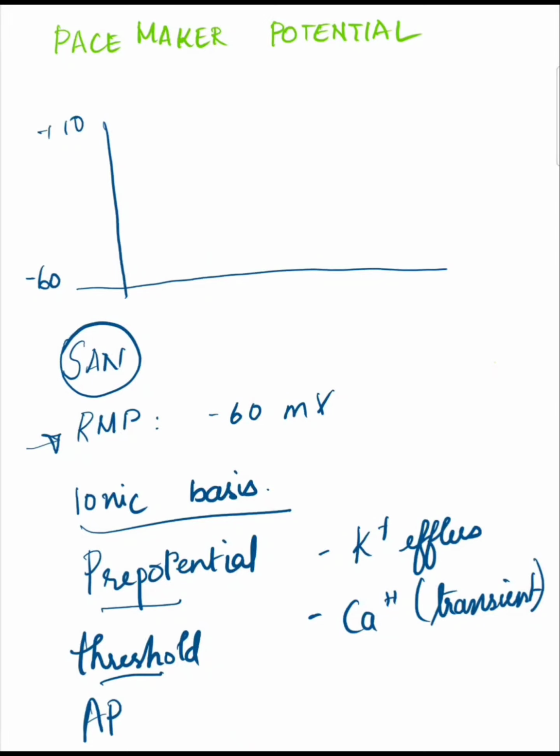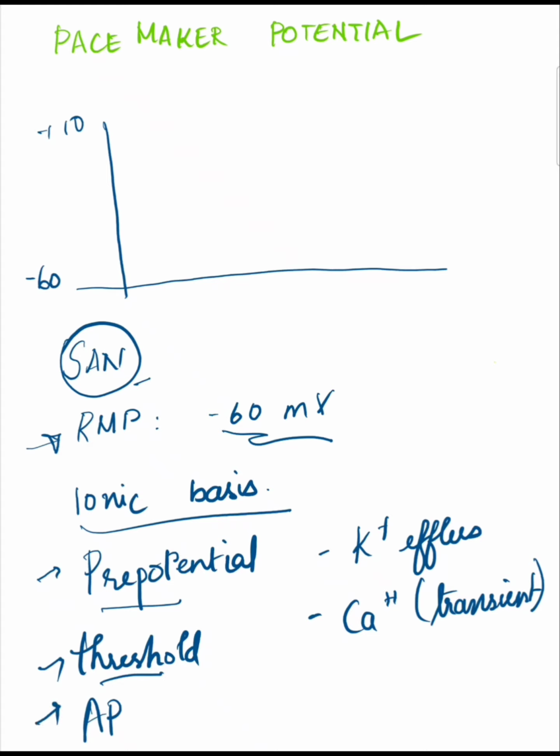We are now going to see about the pacemaker potential of the heart. The pacemaker potential is produced by the pacemaker cells of the heart known as the sinoatrial node. The resting membrane potential is minus 60 millivolts. Now the ionic basis of the pacemaker potential is seen in three phases: the pre-potential, threshold level and the action